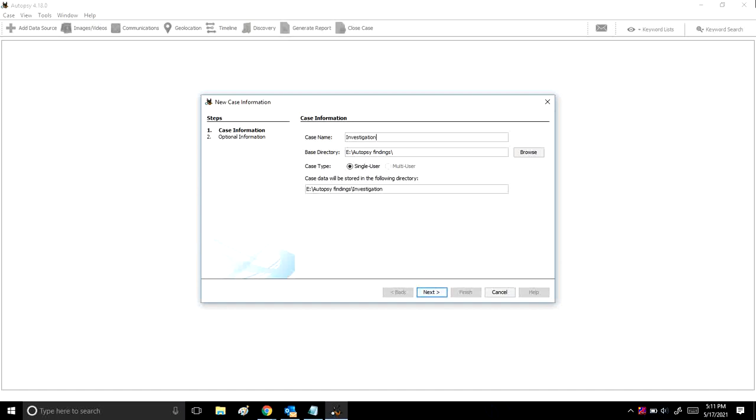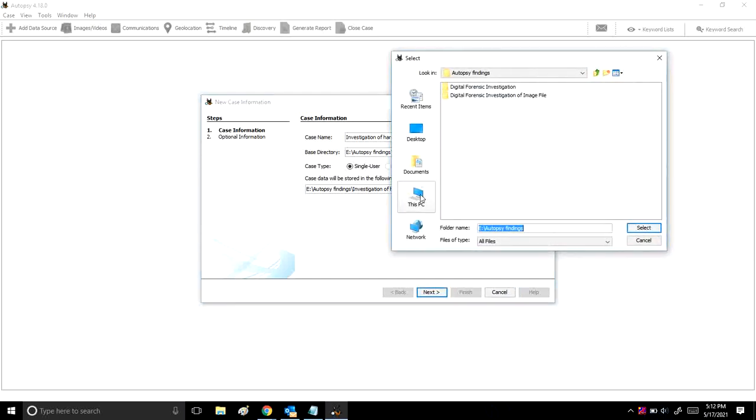investigation of hard drive. Okay, hard drive. Okay, so base directory is where you want to save the particular case findings. Like if you are analyzing a particular image of the hard drive, where you want to store the analysis, where you want to store the analyzed data.